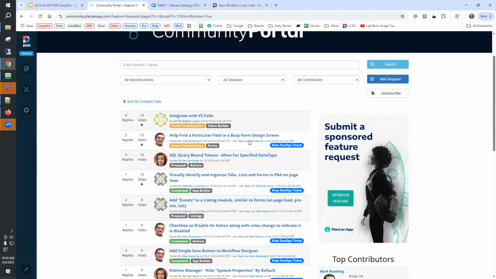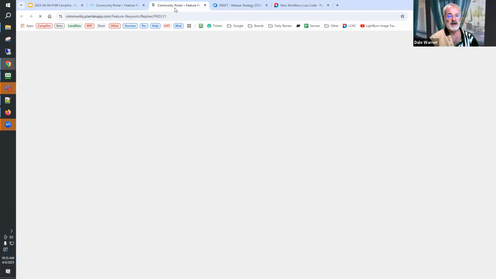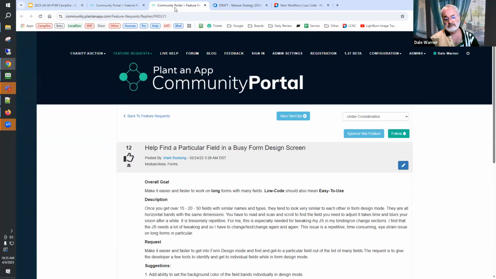Well, there's at least 11 people who agree. Yeah, I'm agreeing with you. So just for what it's worth, that's feature request 21: how to find a particular field in a busy form design screen. That would be useful to incorporate into either Forms or Forms 2.0.